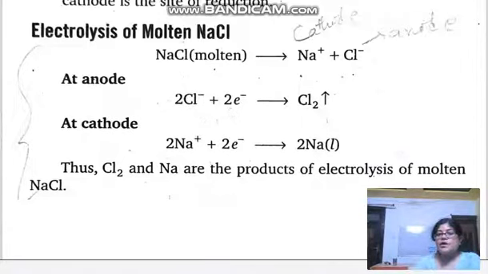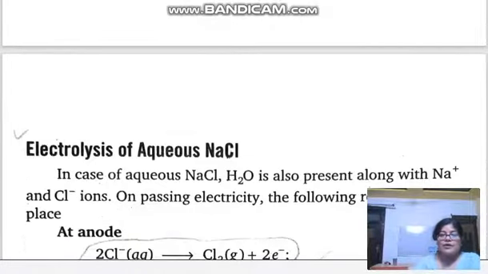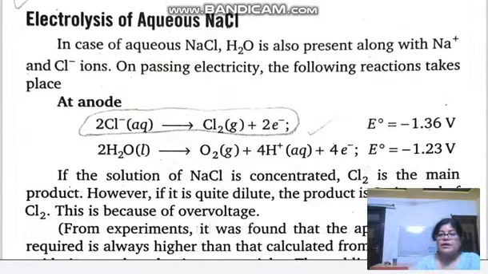Okay. So now what happens at the anode? The halide ion goes here, loses an electron and becomes gas. So simply these are the reactions which happen at the different electrodes, anode and cathode, of the electrolysis. Now comes the next point. We learned what happens during the electrolysis of sodium chloride. Now in the case of sodium chloride, water is also present along with sodium and chlorine, because dry NaCl does not conduct electricity. So we have to dissolve sodium chloride in water, and then we pass the electricity.